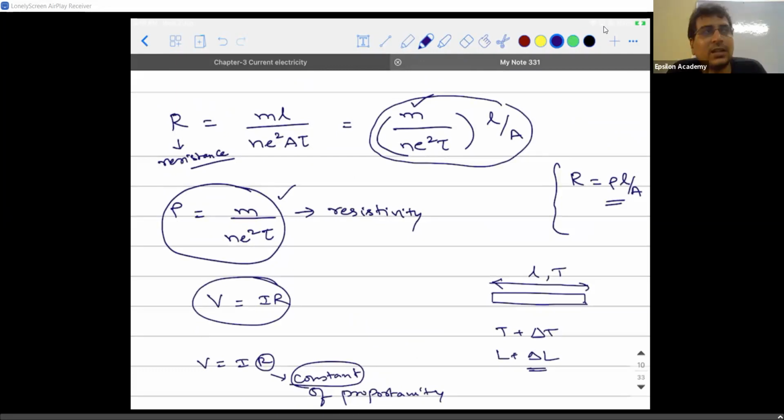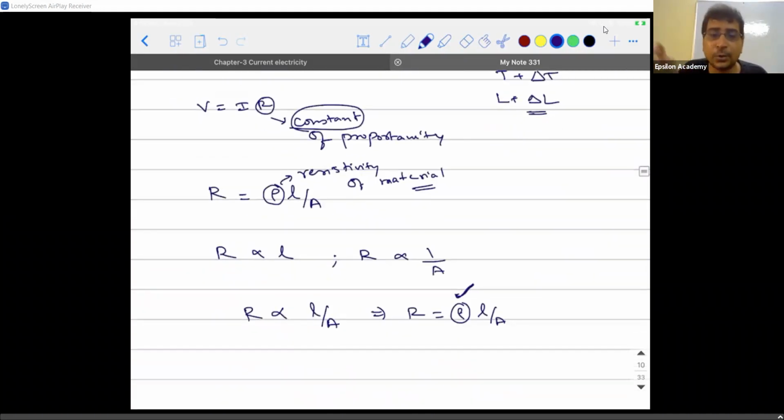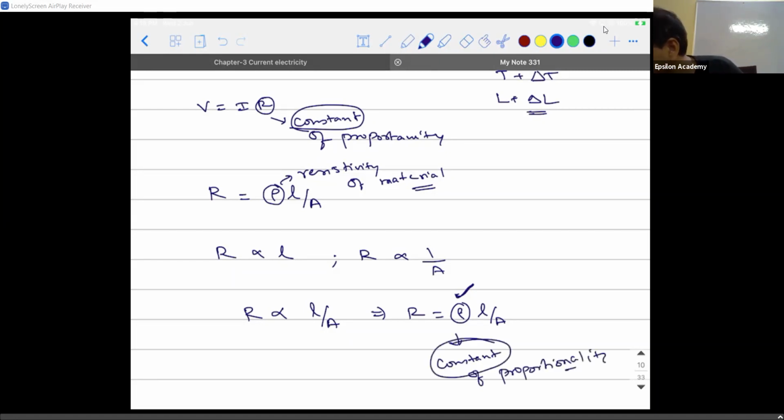Yeah, repeating it. Listen. When I asked you about the resistance, you told me resistance is dependent on temperature, because the physical parameters like the length and the area can change with respect to temperature. Accepted. But if I write resistance in terms of resistivity, I observe an expression R is equal to rho into L by A, where rho is introduced as a constant of proportionality. Correct? So here also I am using a constant of proportionality. I am using the word constant. So when is it going to be constant is the question.